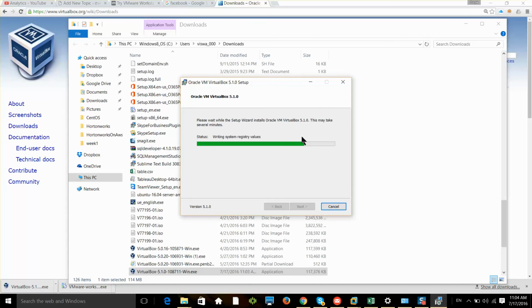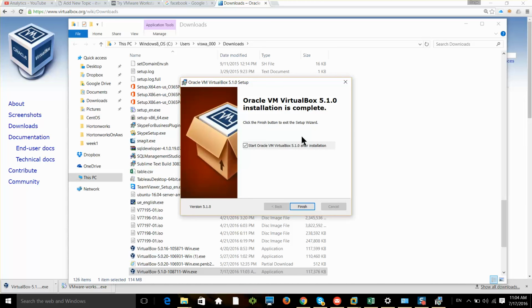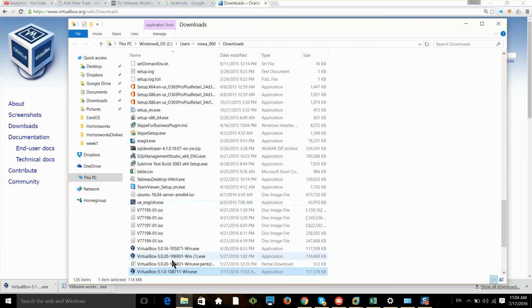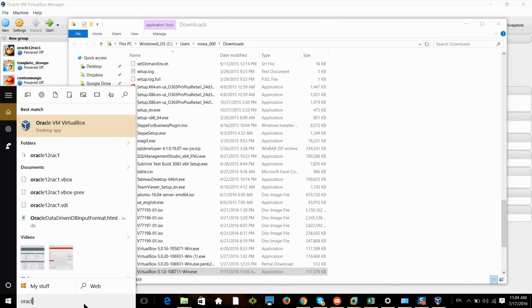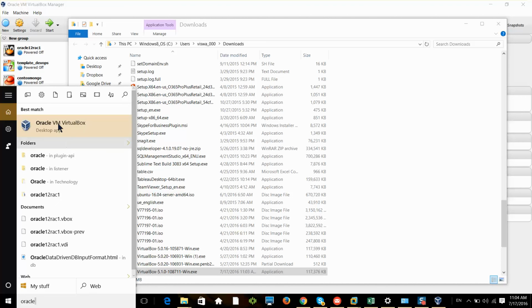So with respect to Mac, you might have to drag a little bit onto applications for some of the softwares. If you are familiar with Mac, it will be very straightforward. You just explore and you set it up on Mac. And I can leave it like that so that it can actually start the VM VirtualBox immediately. Afterwards, if you want to get it, you can just search for Oracle VM VirtualBox, and you can see it over here.